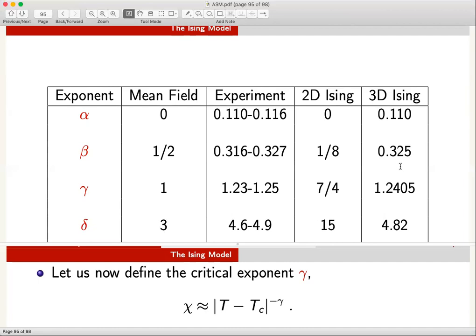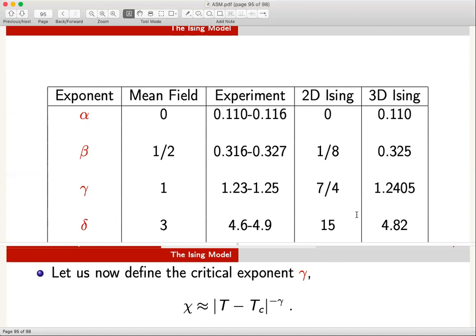I should mention one thing, that the 3D Ising model fitting many of the experimental data is not really surprising, in the sense that what we are looking at is materials which show the Ising universality class. So Ising model results should be in the neighborhood of whatever the experiments are. The experiments are being done with a 3-dimensional system, so the 3D Ising model better agree with that. There is no reason why the 2D Ising model should necessarily agree with the experiment, because the systems on which the experiments are done are 3-dimensional systems.